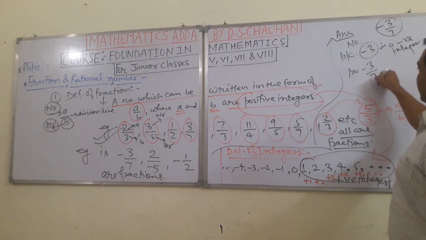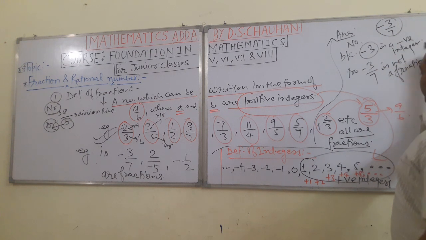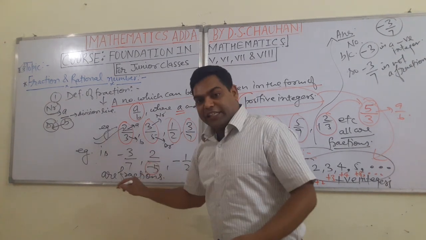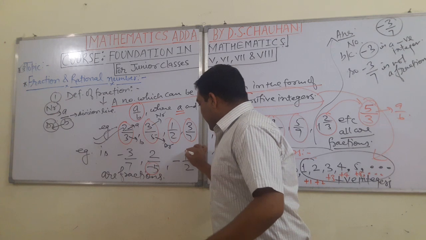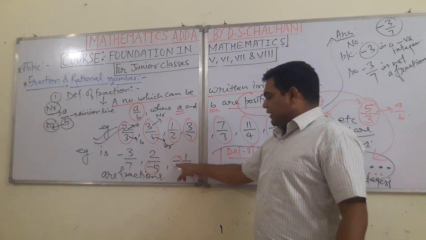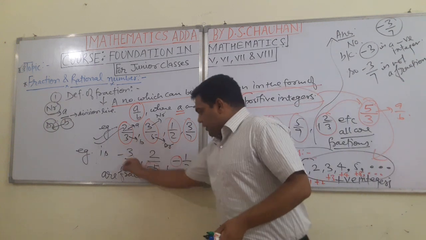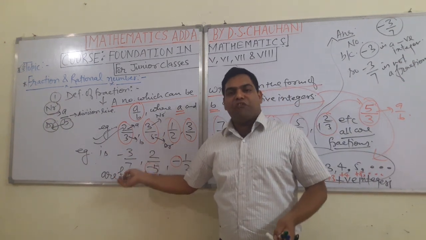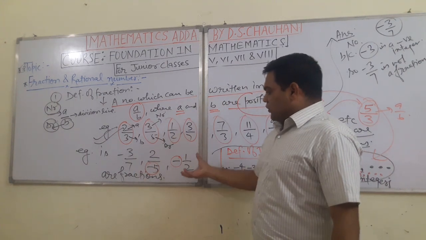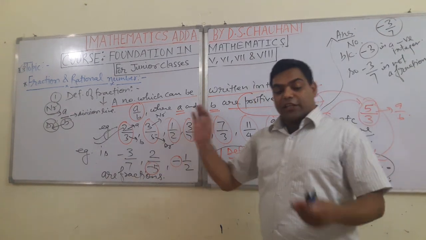So minus 3 by 7 is not a fraction. In the same way, here minus 5 is a negative integer. Here this number is negative, so either we understand minus 1 or we can understand minus 2, any one at a time. So in these numbers there is the existence of negative integers. With the presence of negative integers, we can easily understand that all these are not fractions.